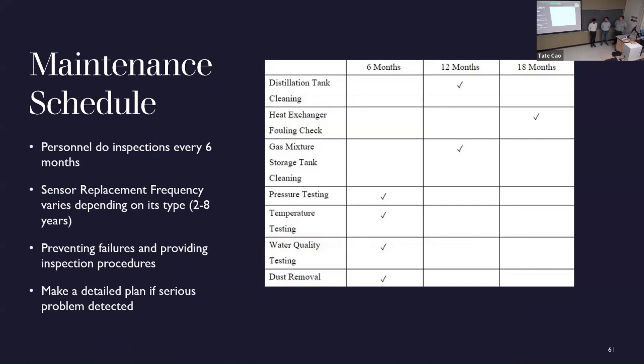Hey, I will introduce the maintenance plan for our client. Our client is going to send maintenance personnel to space to do the inspection every 6 months. The picture shown on the screen briefly shows the schedule and some general tasks that the maintenance staff need